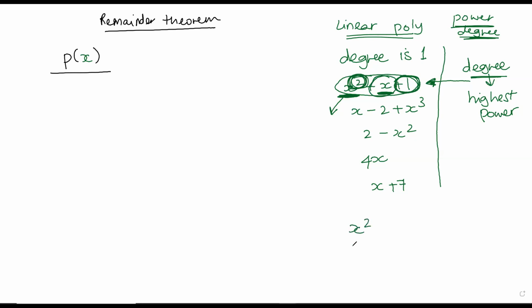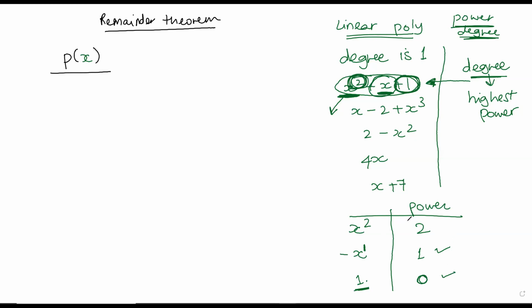So we have x square, minus x, and 1. Let's talk about the power of each term. You're right, the power of this is 2 and the power of this is 1, because over here it's x to the power 1, but over here it is x to the power 0. That's why the power of this is 0. You said the power of this is also 1 and this is also 1, but they are two very different things, because over here we have x and over here we don't have x. So when you don't have x, the power of that term will be 0.